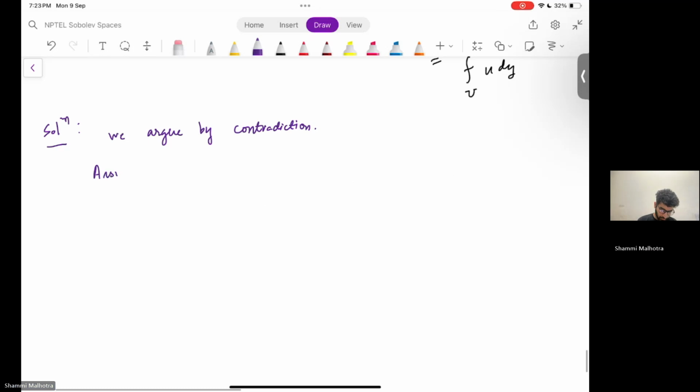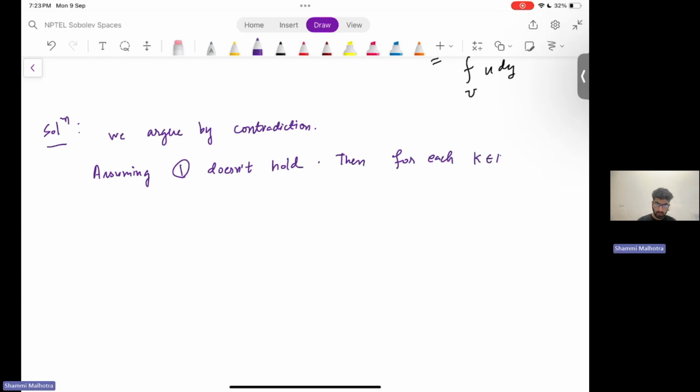Assuming 1 doesn't hold, then for each k in the natural numbers, there exists a function